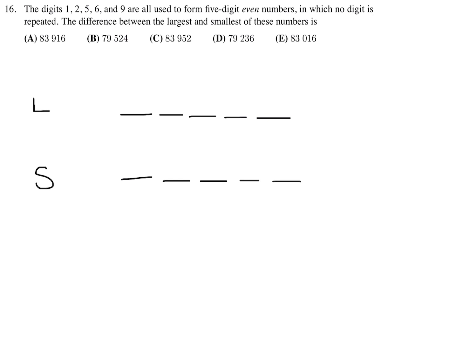All right, let's create the largest one with these numbers. Now, remember, if we're creating a large number, we have to make the digits as large as possible in terms of the beginning to the end. What I mean by that is that we want the largest numbers to go first, and then the second largest number to go second, and so on. So obviously the 9 is going to go first. The next biggest digit is a 6, then a 5, and then at this point, just pause for a second,